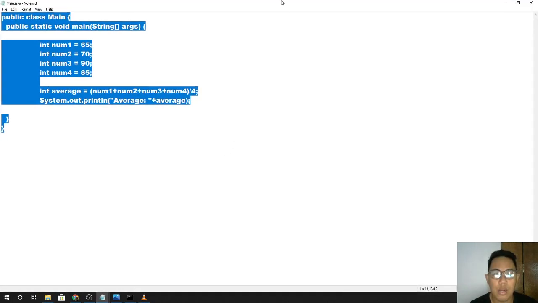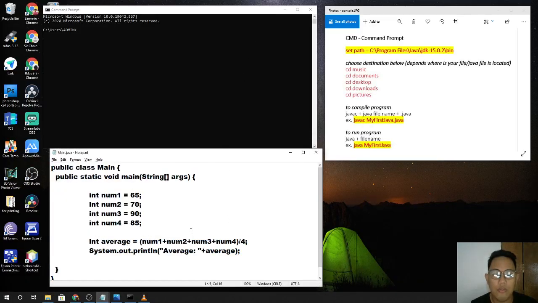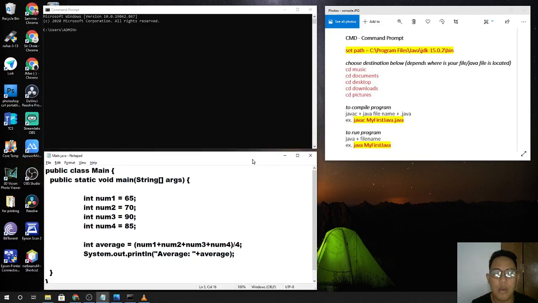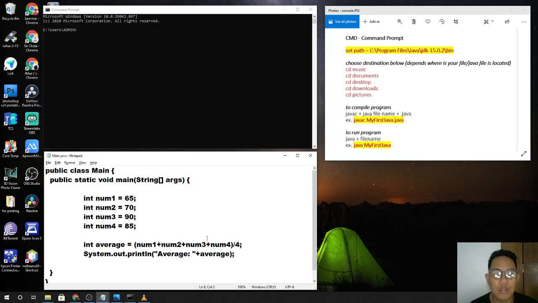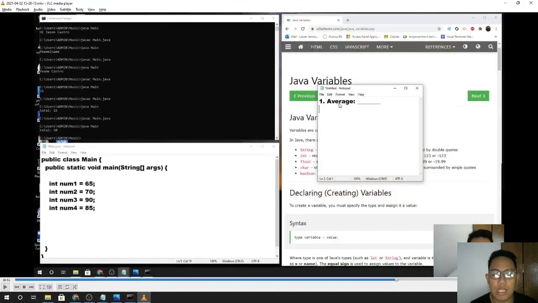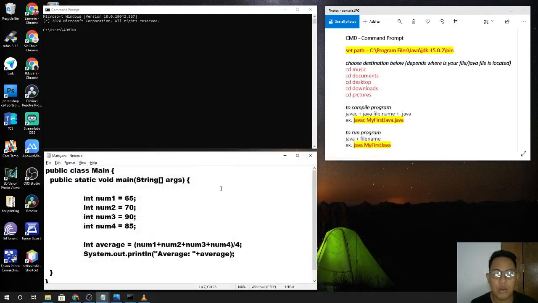So I have here the formula for the answer to activity number one. We wanted the output to be like this: the average, semicolon, and the answer. So let's go ahead and have this compiled in CMD. So again, the first thing you need to do is type set path